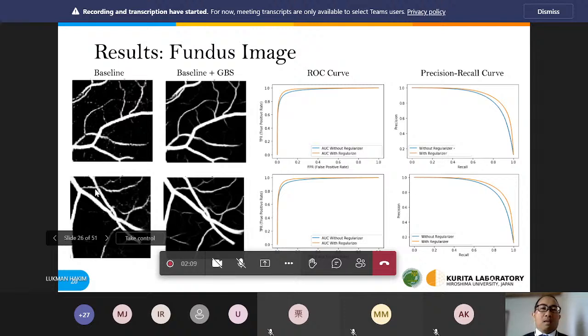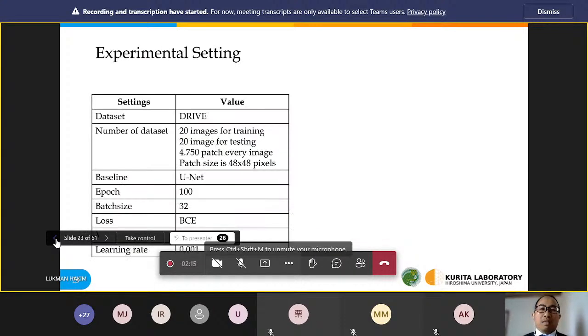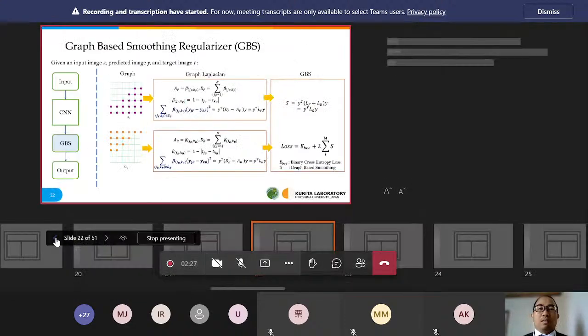But with the graph-based smoothing regularizer, the segmentation result is better and smoother than the baseline U-Net without a regularizer, especially in the small parts of the vessel.